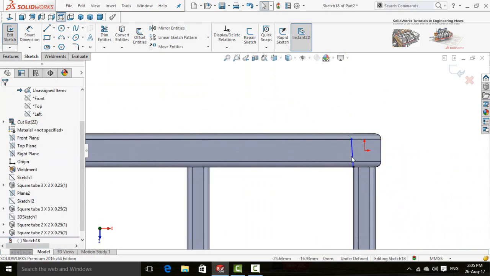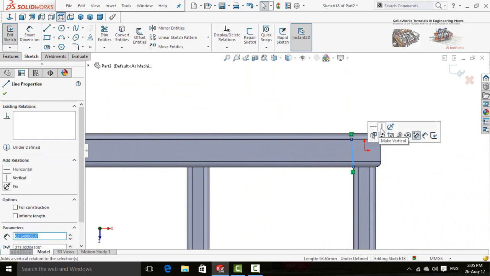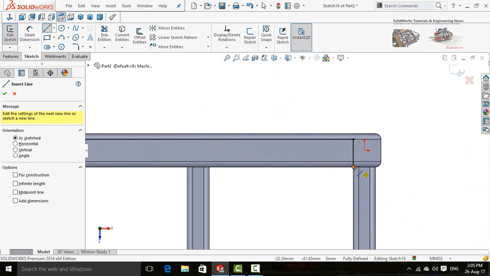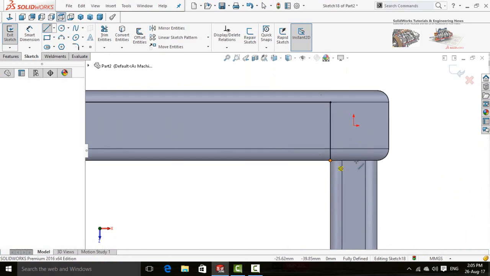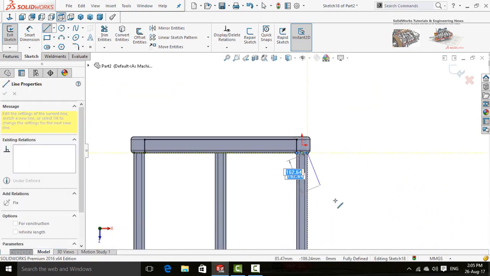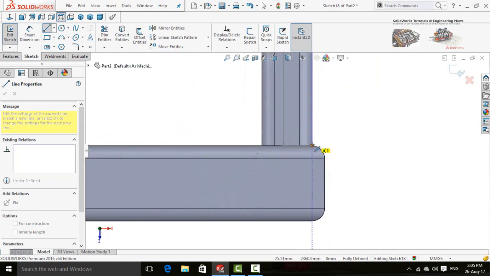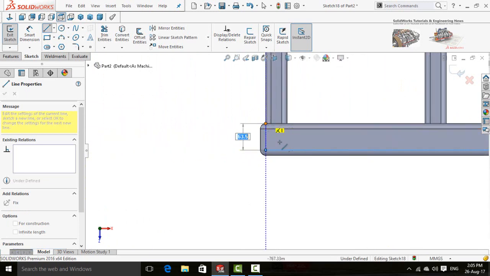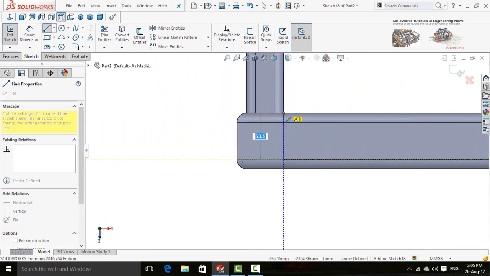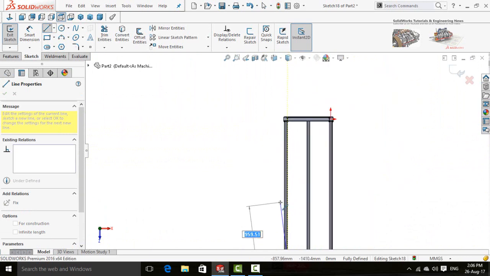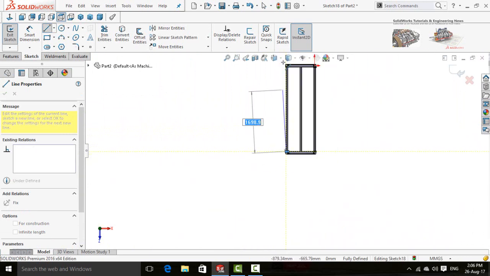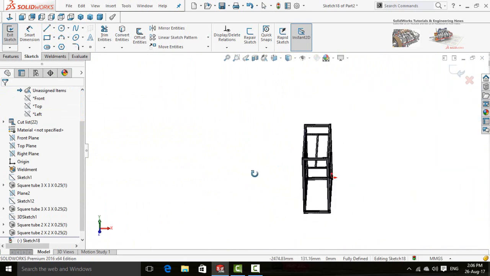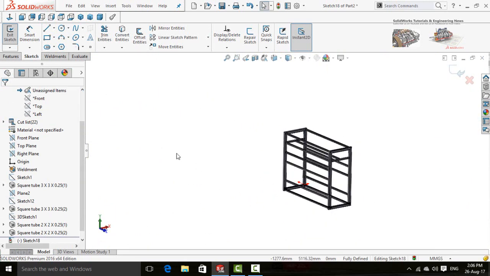Press escape button and click on this line and make relation vertical. Draw a line again. Now the sketch for the wooden shelf is ready.